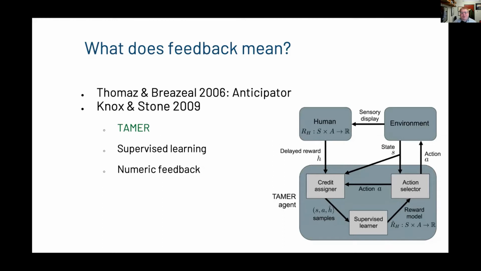And the supervised learner is saying, well, the human's giving me these numbers, and I think they're going to correlate with the return. Basically, the human is going to be rewarding me for doing what is the correct action given my long-term goals. So in Tamer, again, the human feedback is numeric.